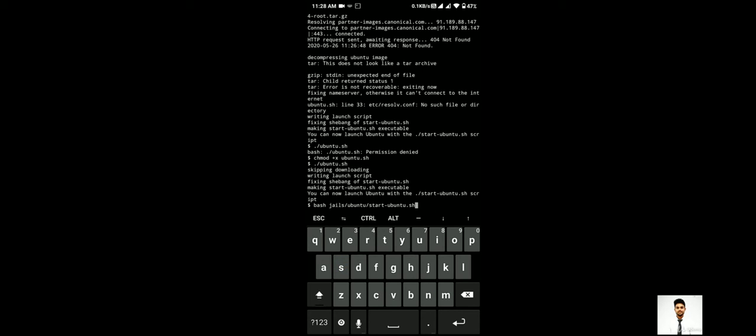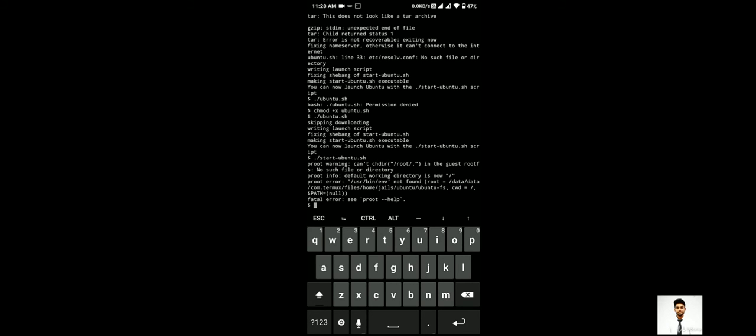This is the command which we use to run our Ubuntu from anywhere, from any directory. You can use this, or you can also use this, start-ubuntu.sh, because I am in the Ubuntu directory now.